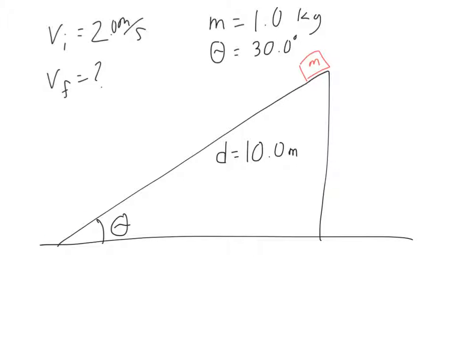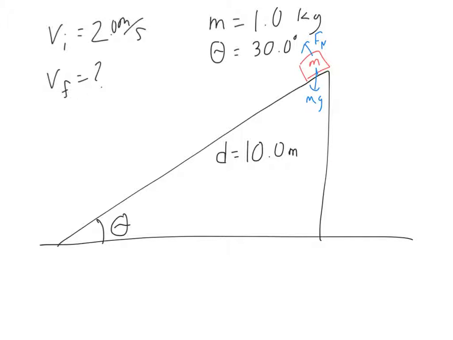Now, I could do a free body diagram and do all the forces acting on the body. So we'd have, for example, the weight, the normal force, and in this example we'll say that friction is negligible, just for simplicity first time around. So I could then figure out, all right, well, the force of gravity isn't along the direction of this surface, so I'd have to take a component of the force of gravity here, which means that it will have a component of the acceleration in this direction. It'll be over a distance d, and then I use a kinematic equation to figure out how fast it's going at the end. Fair bit of work.